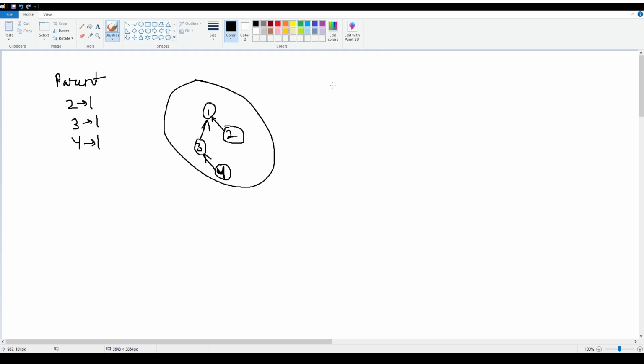Another thing that we are going to be using is rank. Now what is rank? Rank is nothing but the number of children that a parent node has in a set, or you can say all of the elements in the set except the parent node itself. So that will be the rank of that parent node. So in this case the parent is 1, right? So the rank of this one is going to be 1, 2 and 3. In this case it is going to be 3. That is how the rank function works, right? So we need these two things,